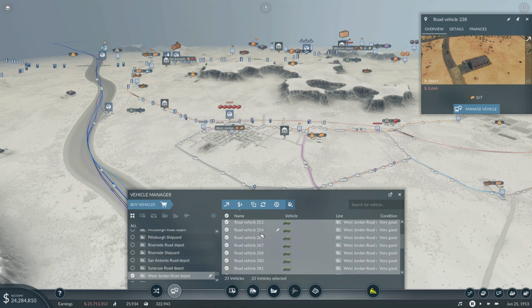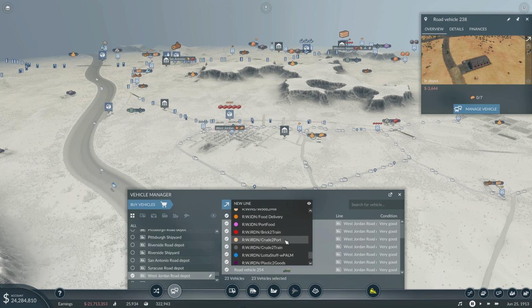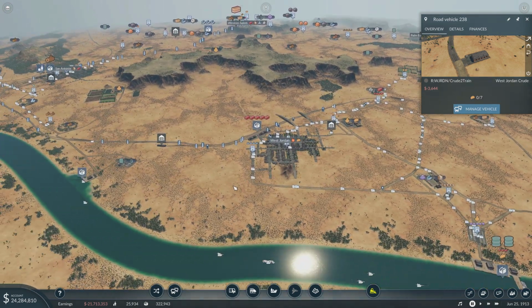Anyway, I want to have a whole lot of crude oil moving through here. I need a lot. So I'm going to say all of these vehicles for now, right down. We're going to make sure that they're taking it here. So we want crude to port? No, we want crude to train. There it is. Crude to train. All of you guys are bringing crude to train. All right. With that done,